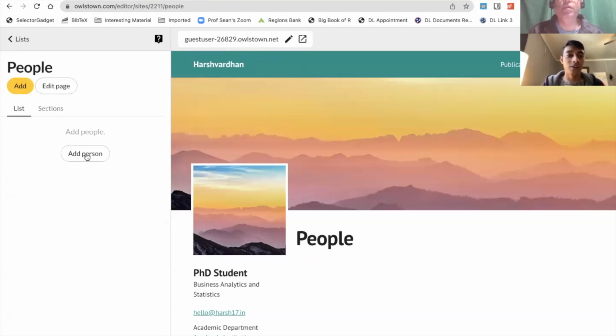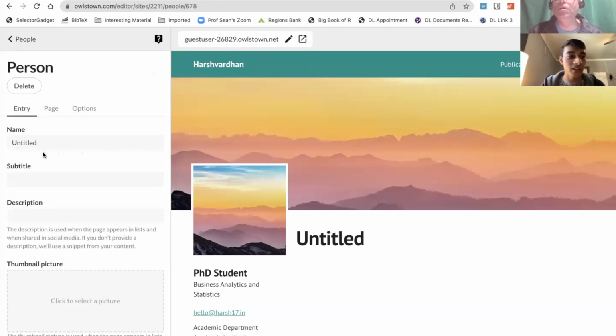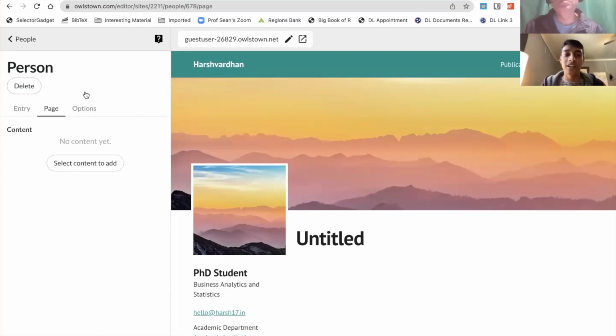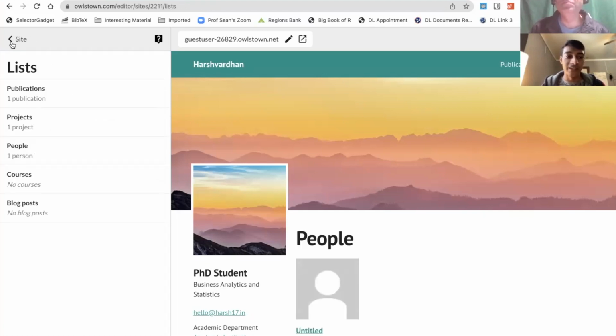Other than that, what kind of people do you have? So you can add a list of people that you have previously worked with. Sometimes you would like to signify the kind of people that you have worked with previously because it adds an ethos to it. If you choose to do that, it's not very complicated. You have to enter the name of the person, and it's the same as you had for project name, subtitle, and then description, some thumbnail picture. Nothing very complicated, and everything is pretty easy.